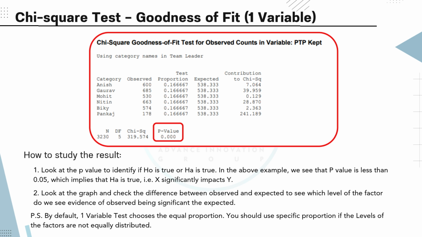As we saw in the previous slide, the bar graph clearly shows where the big differences lie between observed and expected values. Important note: by default, this test assumes that each category, team leader, should have an equal share. But if you know that categories should have different expected proportions, say based on historical data or headcount,